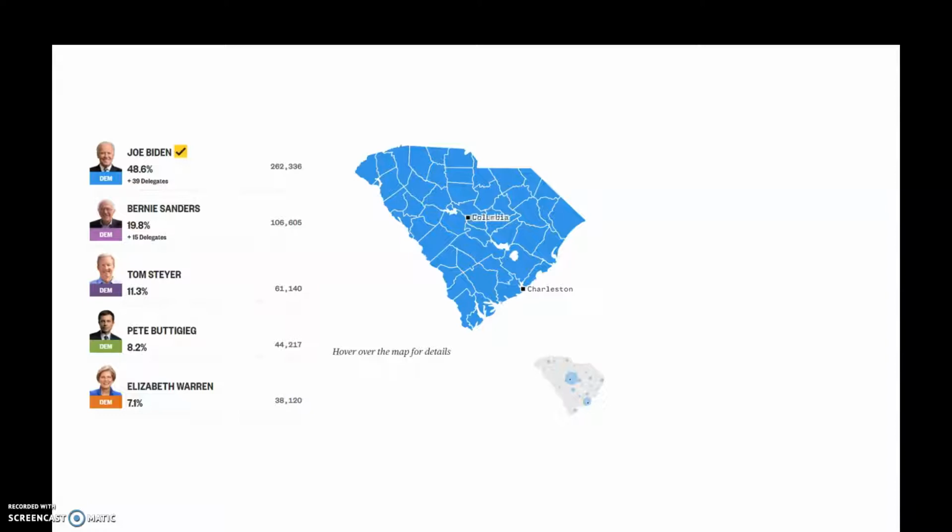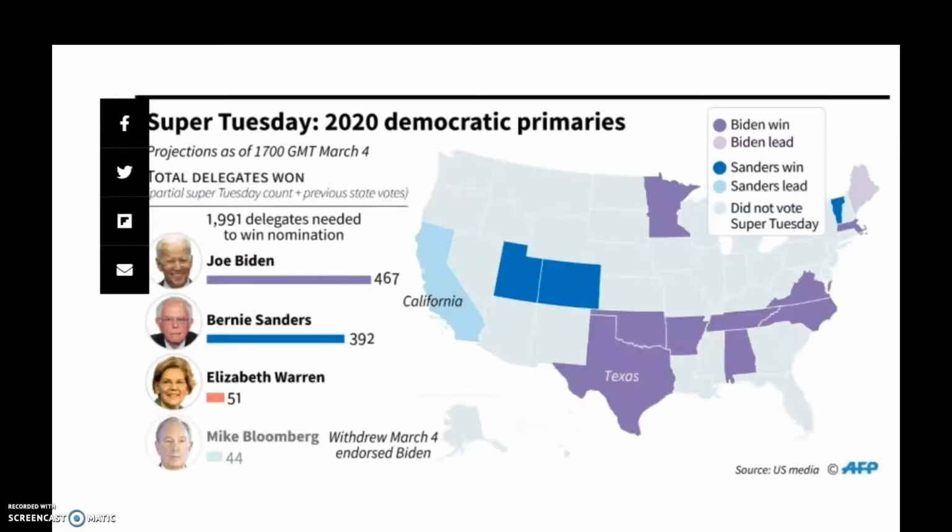He gets loads of money, starts pouring in, endorsers start coming to him. Some of the candidates who dropped out after Iowa say that they'll transfer their support to Joe Biden. So this is where his campaign really kicks off. And it was really important because a few days later, I think it's about a week later, you saw Super